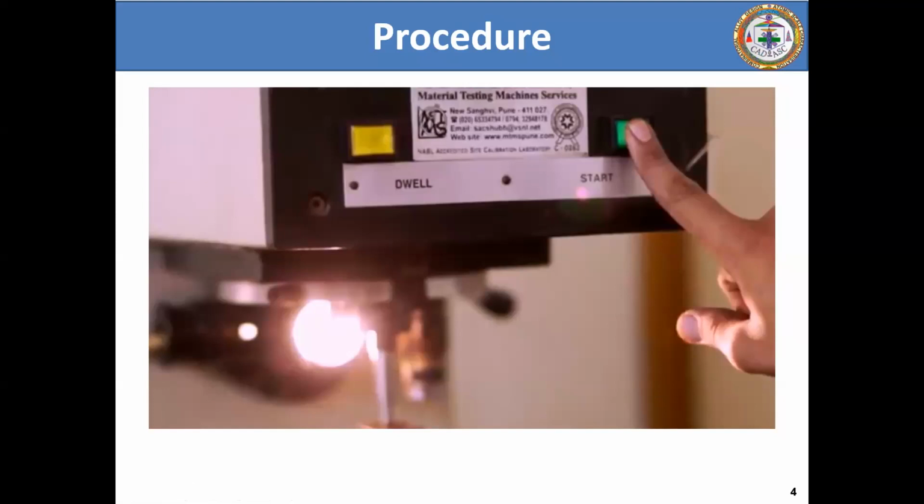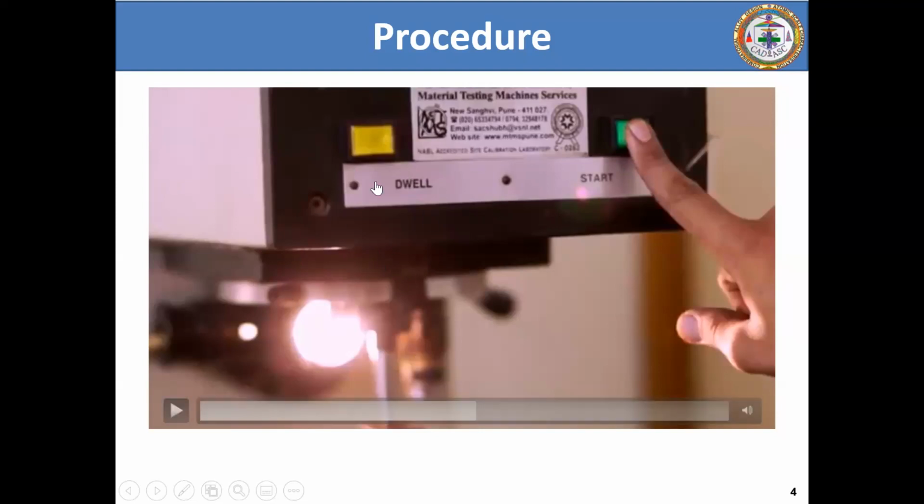If you want to get more accurate values of the indentation, for example, suppose the dwell time is around 5 seconds and you are getting a hardness of around 200 HV. Now you put the dwell time around 20 seconds and you are going to get a hardness of 200 point something. That point something will definitely give you more accuracy. If you give more and more dwell time, your accuracy increases. So this is the idea behind dwell time. But now what do we do?